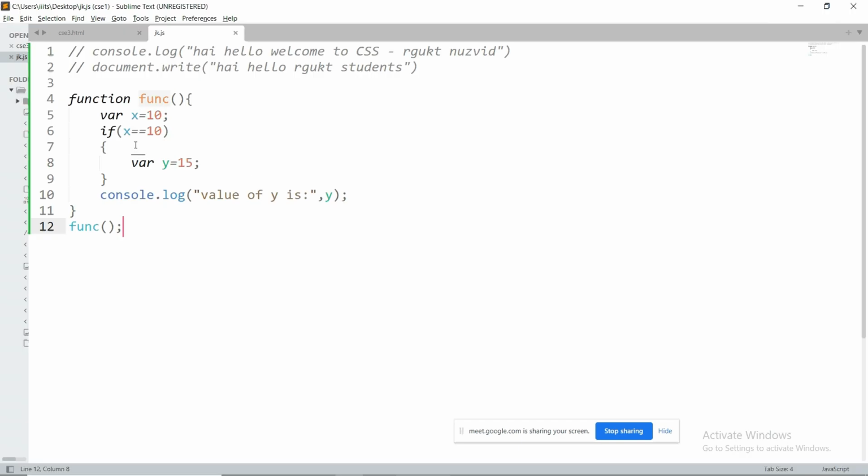Now guys, you can observe here I am trying to work with the var keyword. When the value of x is 10, if it is equal to 10, it is going to execute in the block and y value will be 15. That value will be accessed as y value. So here it is accessing because y is function scope. Actually it is in a block. Outside this block I cannot access it, but as it is a function scope I can access it